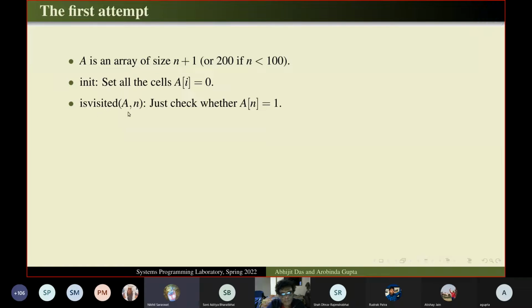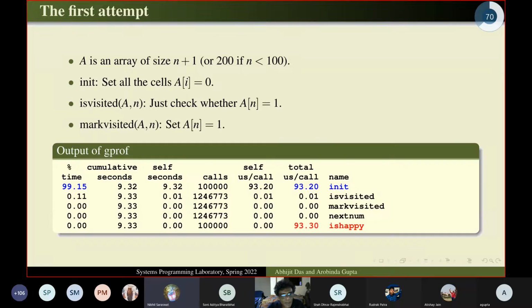So is visited n just checks whether A[n] is equal to 1. And mark visited sets A[n] equal to 1. It's a fairly straightforward implementation. I think you understand that this is a hash table without any collision. Now if I run this code on this data structure, I see that